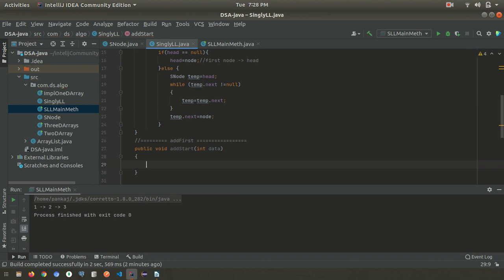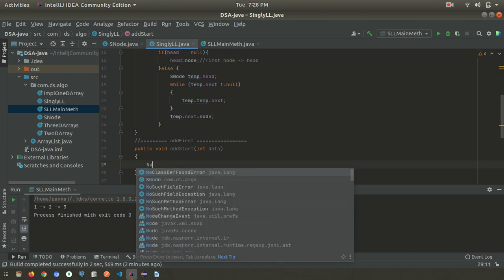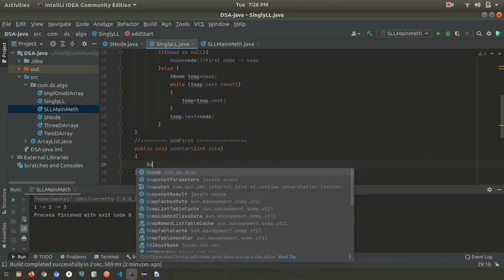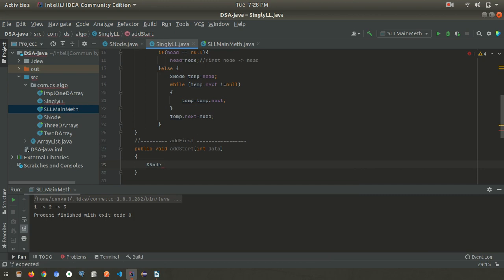Before adding this data to the linked list, first we need to create the node. So node equal to new node, and we need to override the data.